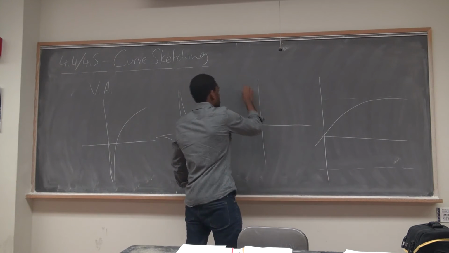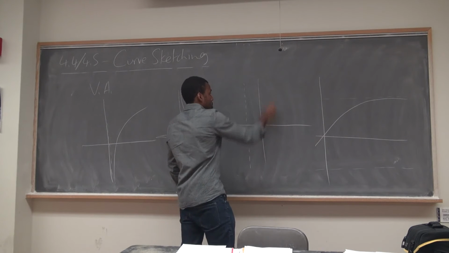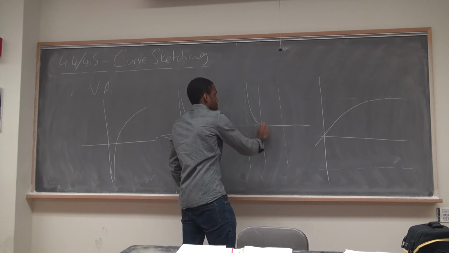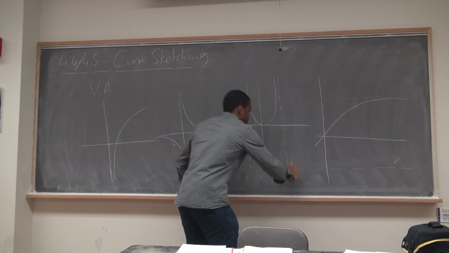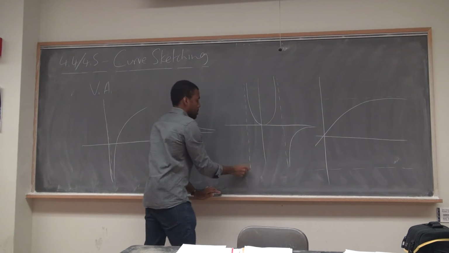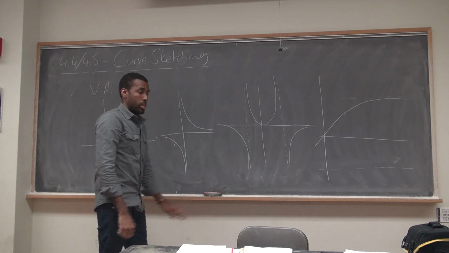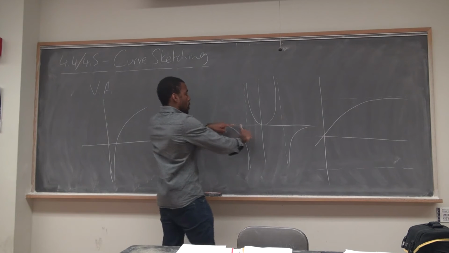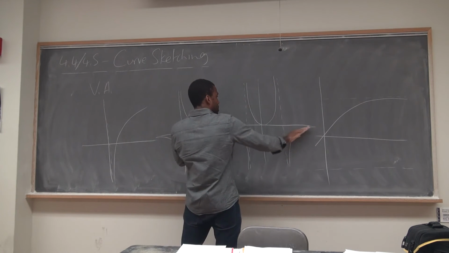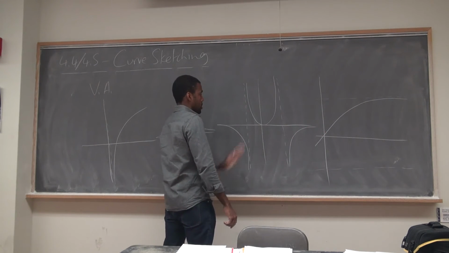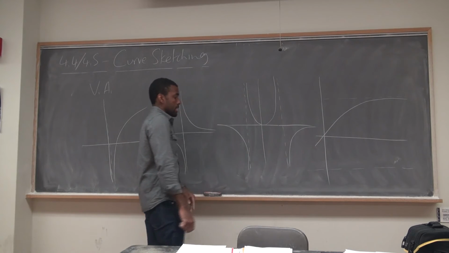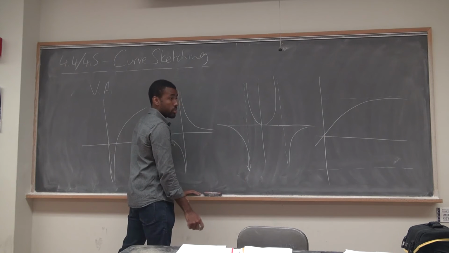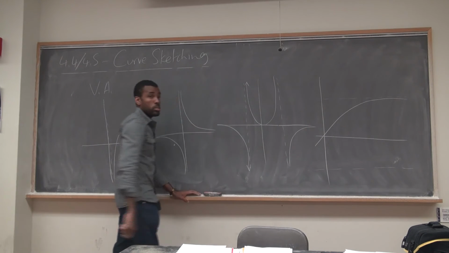And you can have several vertical asymptotes as well. So it's possible to have a graph that looks something like this, for example. You can have a graph that branches off into 3 parts like that, right? Notice that y equals 0 is a horizontal asymptote. This graph is tending towards those, but there are vertical asymptotes here and here. And how do you know when you hit a vertical asymptote? Your graph will literally shoot down to negative infinity, or it will shoot up to positive infinity.